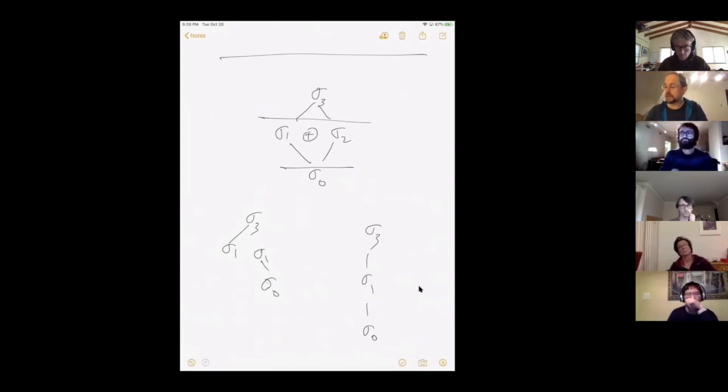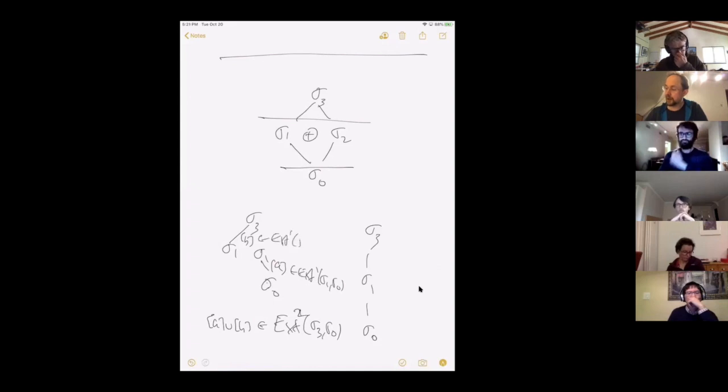One way is a little argument with Ext: you take this extension class A, and this extension class B, and form the cup product of A and B. A is in Ext1 of sigma 1 by sigma 0, B is in Ext1 of sigma 3 by sigma 1, and the cup product is in Ext2 of sigma 3 by sigma 0. The vanishing of that cup product, by a little manipulation, is seen to be equivalent to the existence of